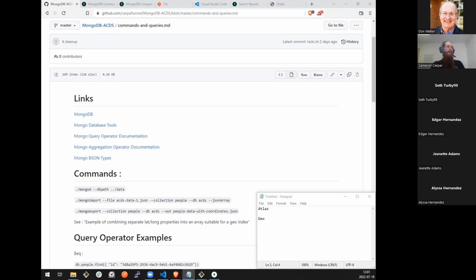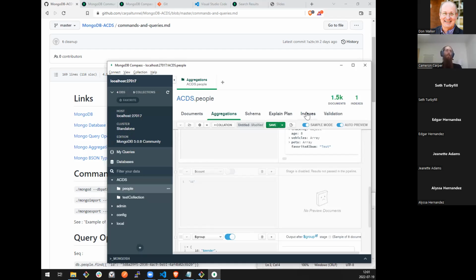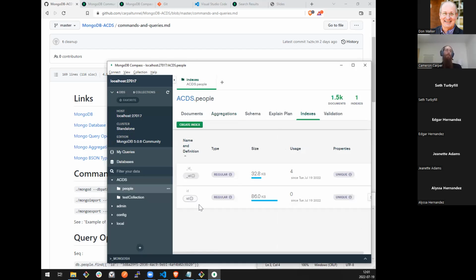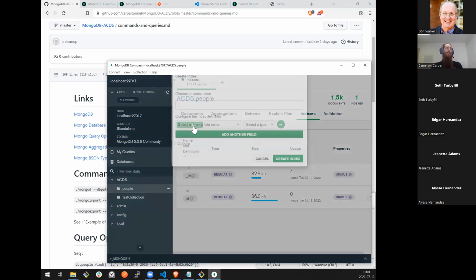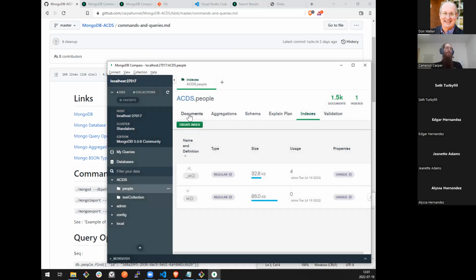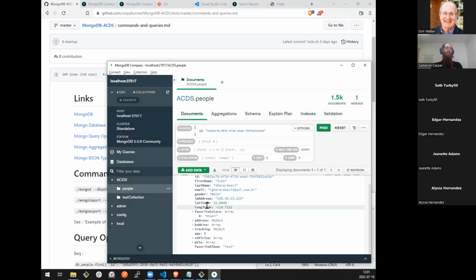So in order to do geo queries, we need a geo index. We currently do not have one because we've seen all the indexes that we created, and so far the only one that wasn't automatic was our unique key on ID. So first we need to create an index on our geo coordinates, which if you look at one of these, you can see we do have latitude and longitude fields.